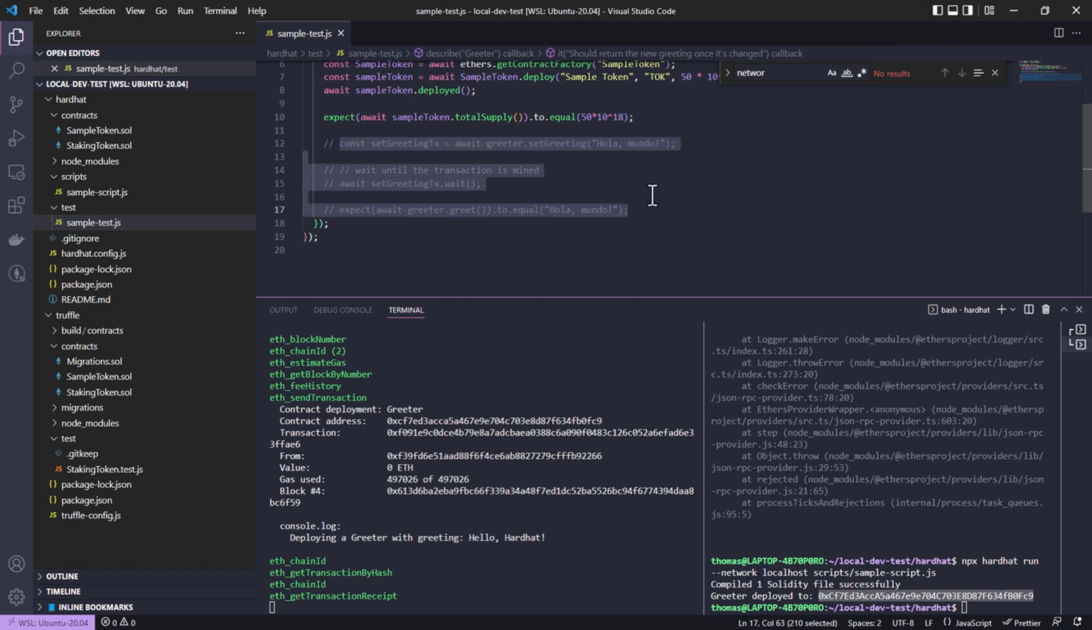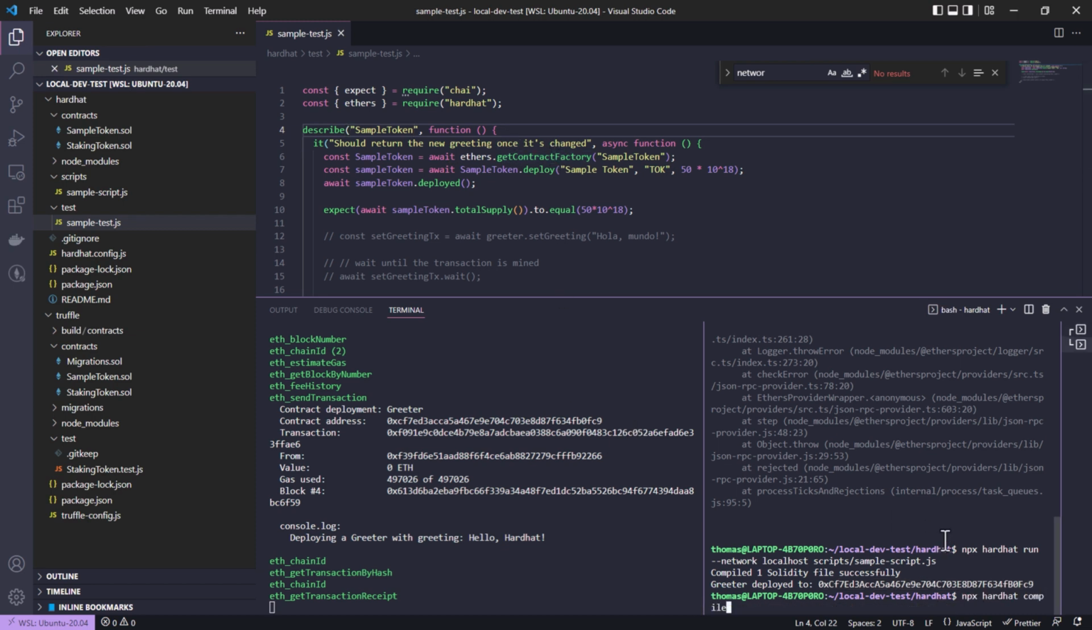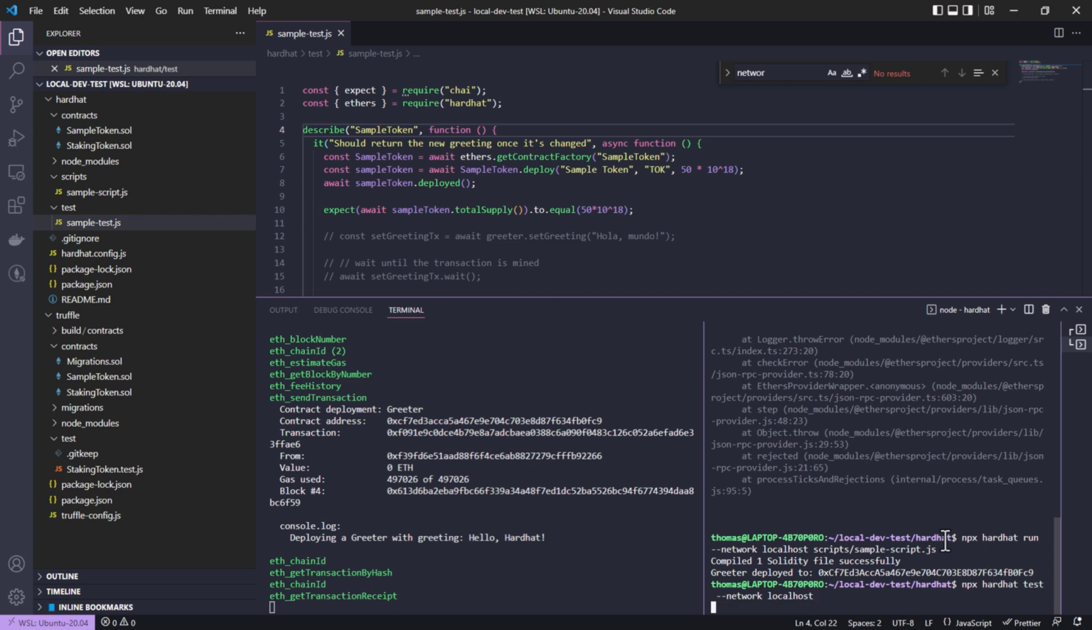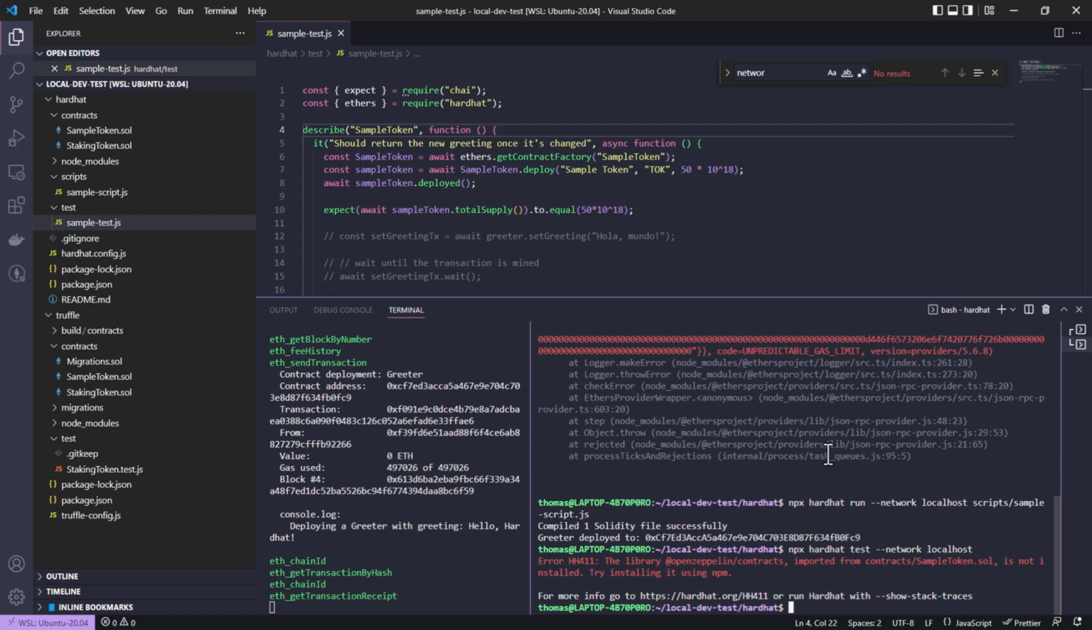Okay, let's just comment this out and see if this works. Let's just test it on network localhost. Oh yeah, of course, we have to install our npm install